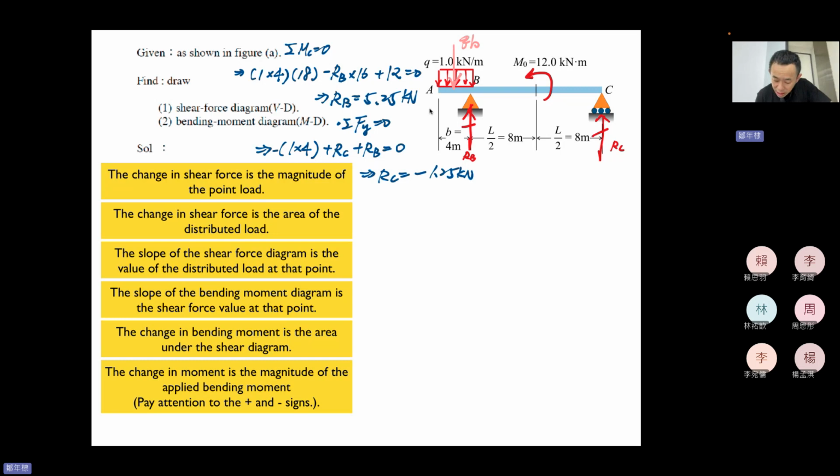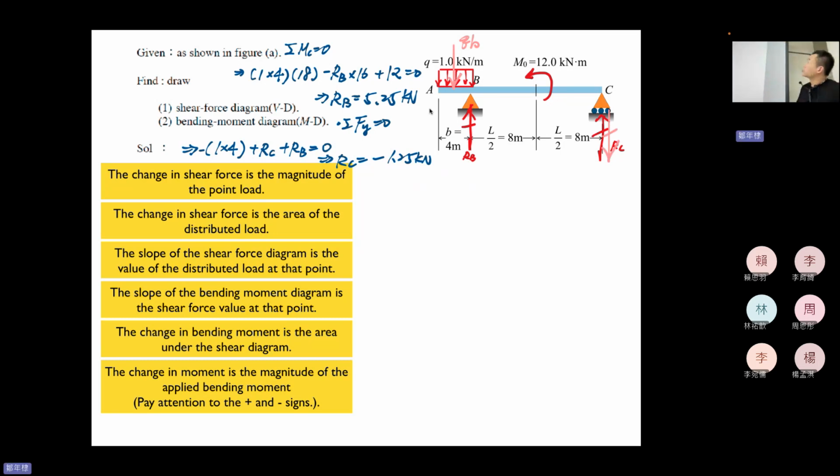Okay, so which means that our assumption was wrong, right? Our assumption was wrong. So the RC should be downward, right? Okay. RC should be downward. Right. Now,